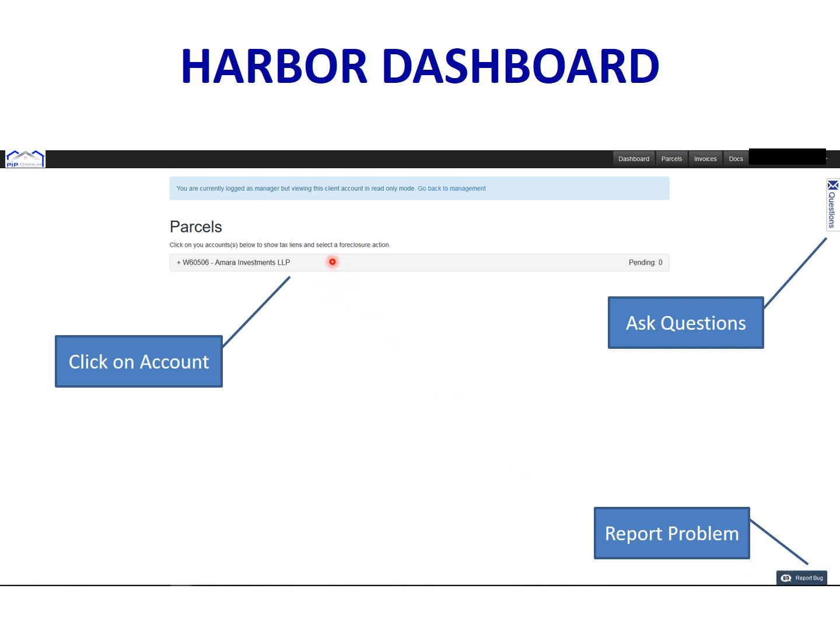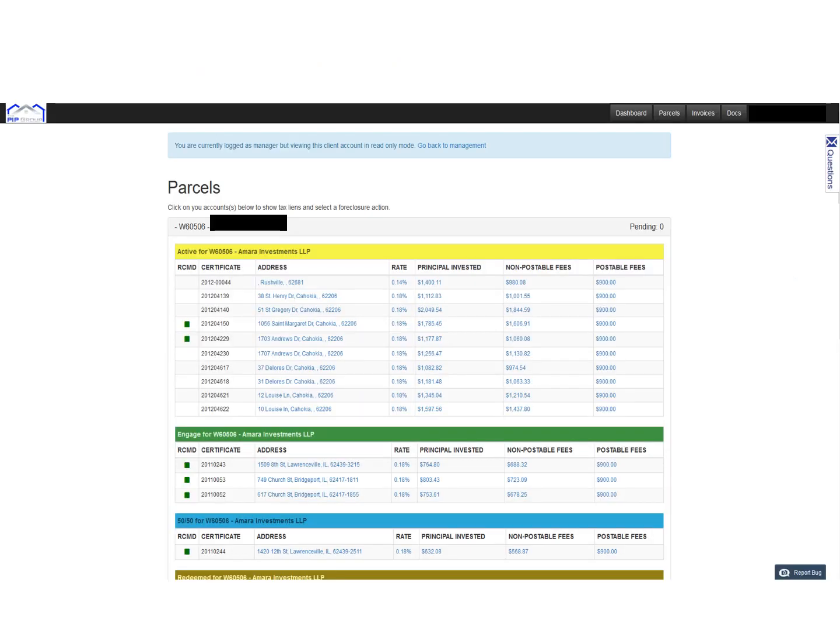So once you're in here, we do have clients obviously that have multiple accounts. So once you get into this, what you have to do again is click on the particular account name, which is going to be right here. All right, so once you've clicked on your account name, it's going to open up this page here, which is going to be your portal to all the details behind each collateral property.